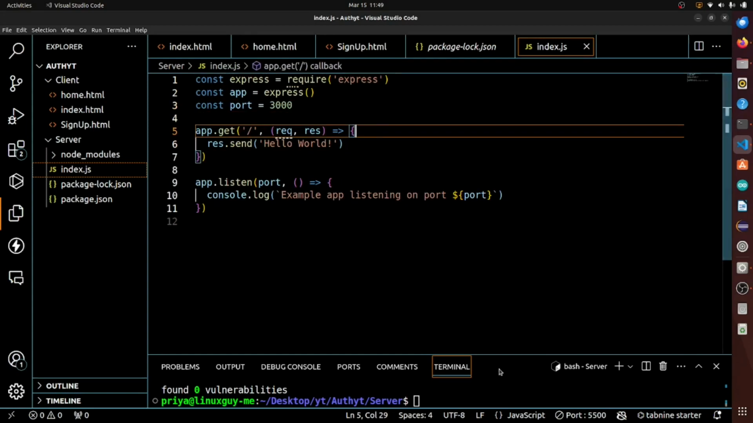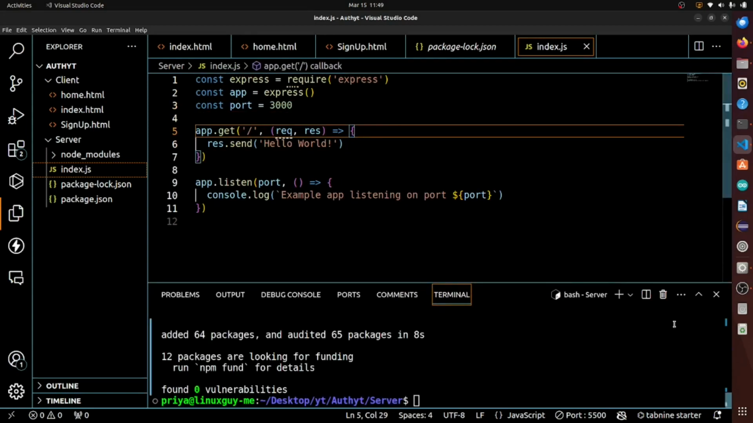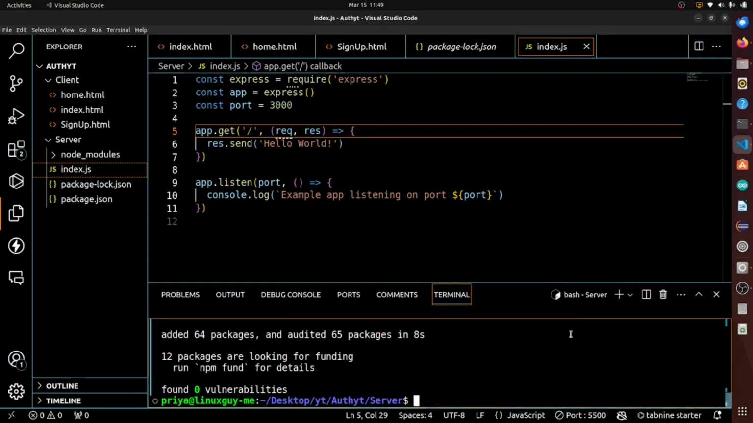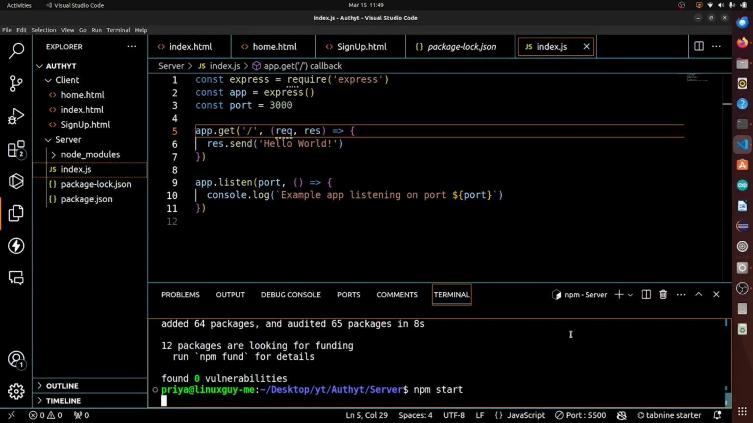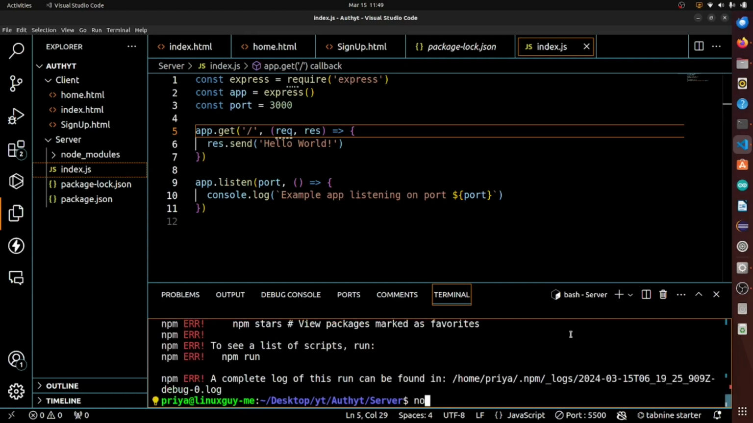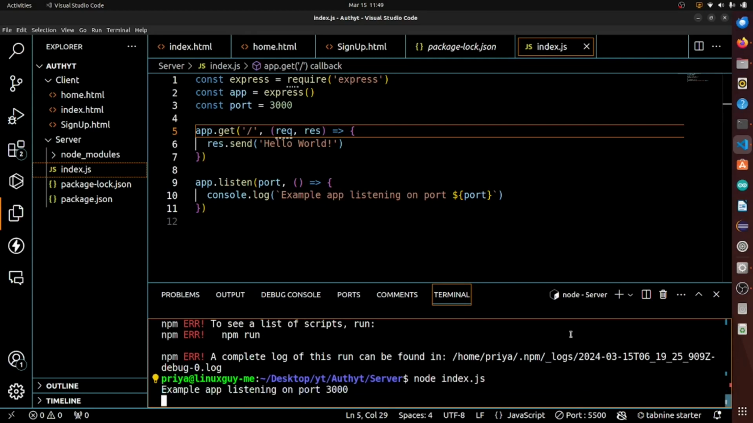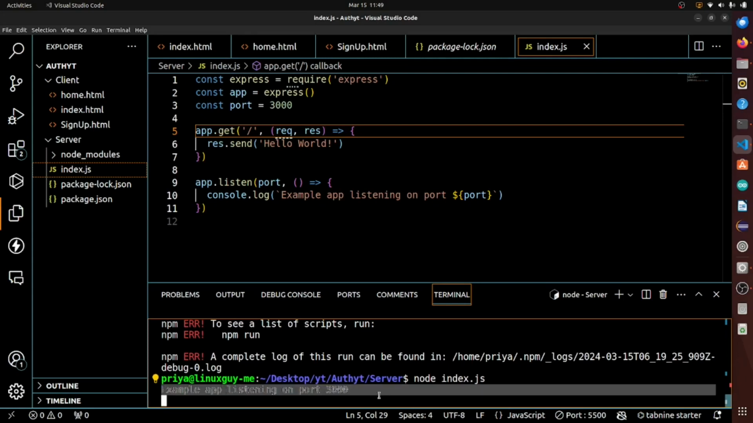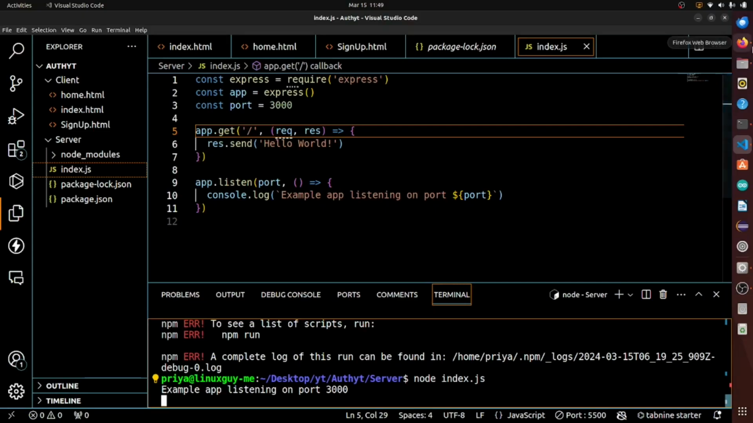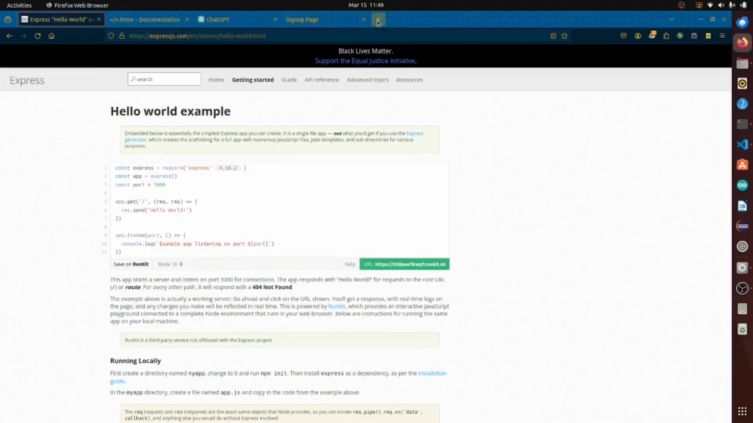To run our server, I think it's npm start. It's not npm start, let's just go node index.js. You can see our example app is listening on port number 3000. To open it, you can just type localhost 3000,